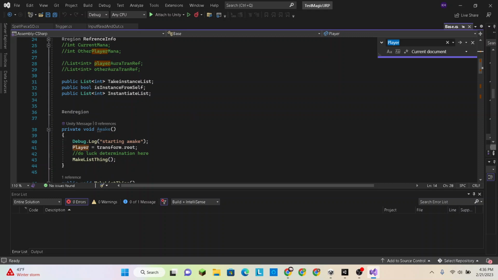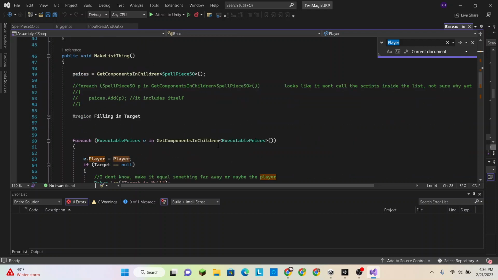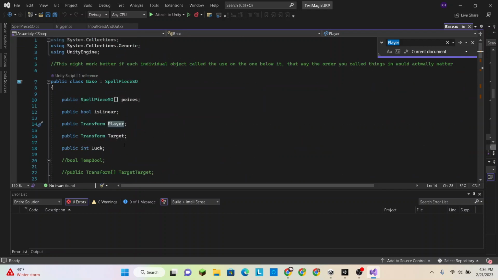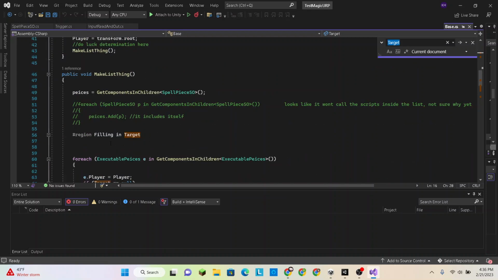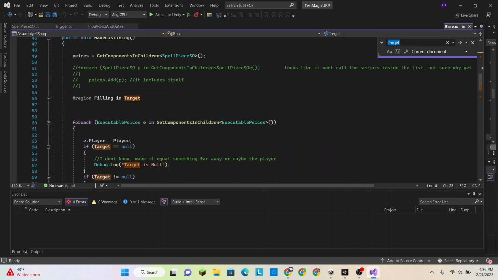Player equals transform.root. So we'll get the player on the awake function. How about the target? Reach. If target is equal to null,